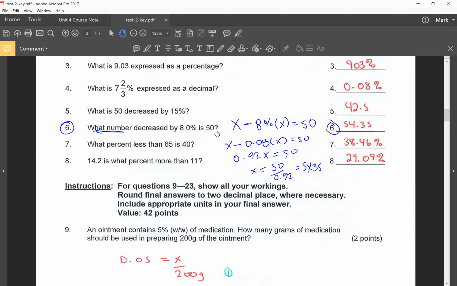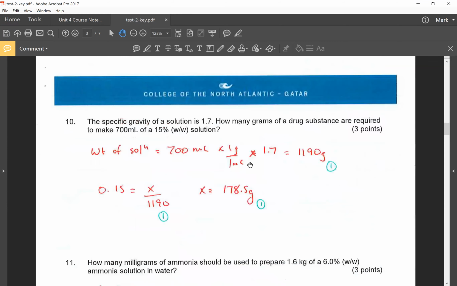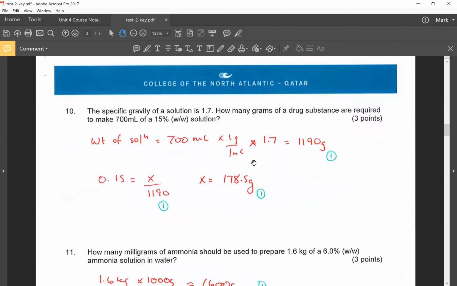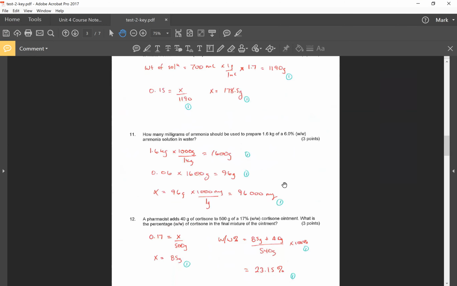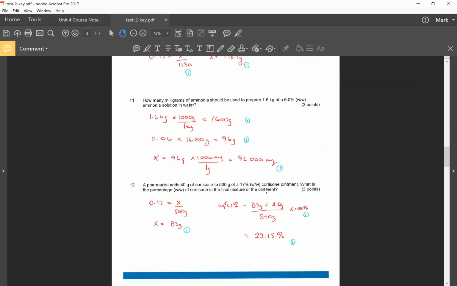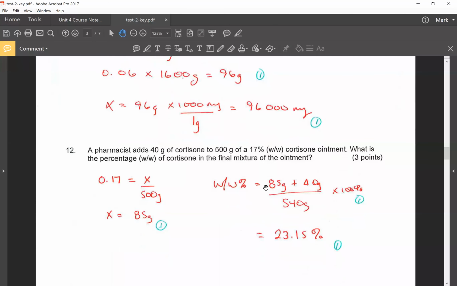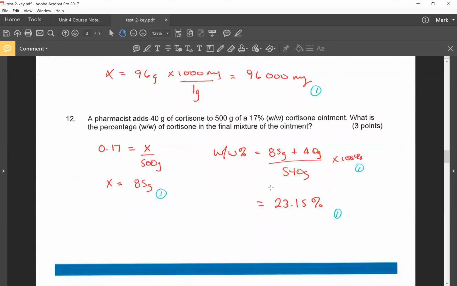Now this really surprised me. Question number 2 was done great. Questions 10, 11, this was a really good page. Really no big problems here, except for number 12. Number 12 gave some people some problems. By the way, I know I said today would be final exam review. This is review, because some of these questions on test number 2, wink, wink, you'll see again on your final. So you want to definitely study